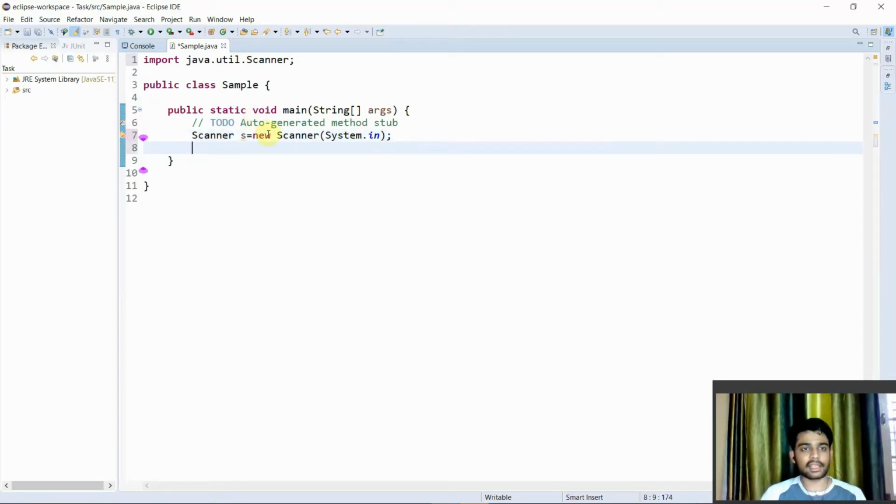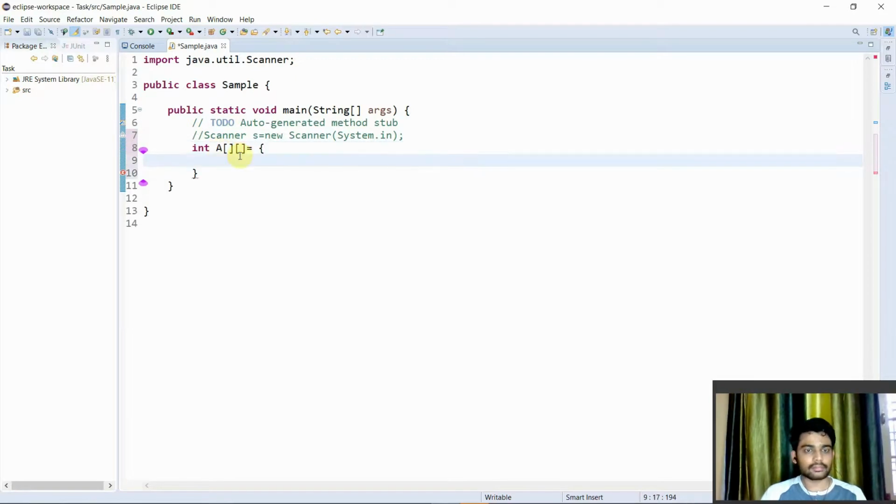I would use the scanner class for getting inputs, but for now let me give the input by default, because it will save us time.